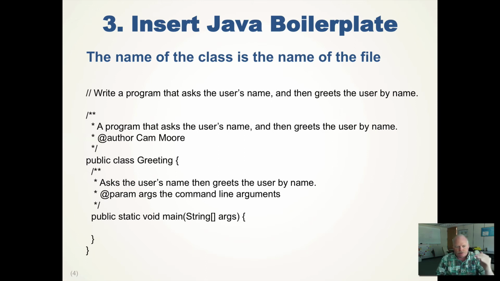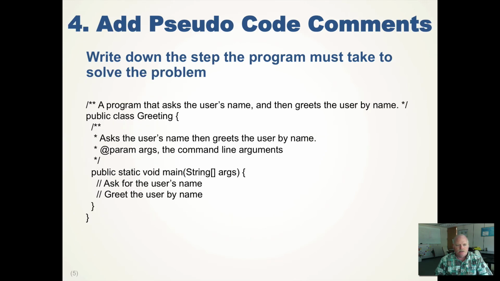Just get to the point where you can produce this boilerplate almost subconsciously. It's public class Greeting, you have your Javadoc for the class that describes what this class does. You then have your Javadoc for the main subroutine, and you have public static void main, String array args, open curly brace, and then you go on to step 4, which is to add the pseudocode comments to